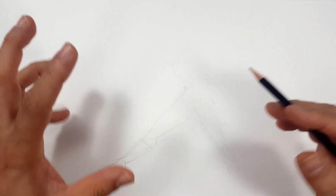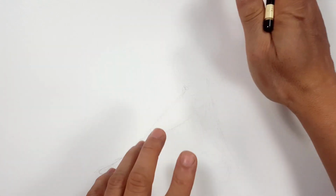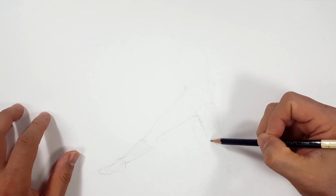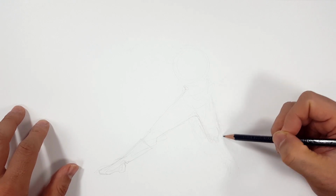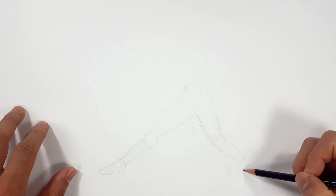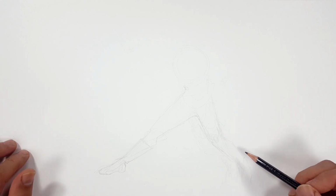So I'm trying to go for an action pose. She's hunched over, she's got one leg out, one leg in, but we'll see if we're going to get it there. Okay, so I'm going to bring the knee down to here. And this is also something I always try to emphasize with you guys a lot, that you've got to get them in these poses first